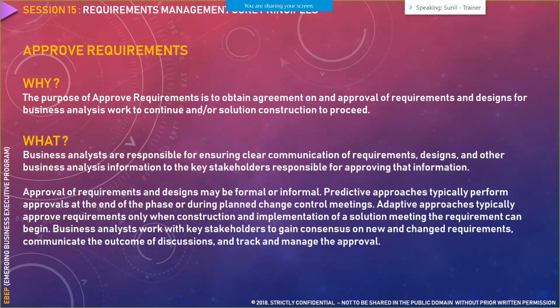And based on that, if the business stakeholders are convinced, they give us the sign off via any mode of communication. It could be via email, it could be via your requirements management tool, or it could be via a SharePoint repository. Depending on the tools available in that particular project, we get a sign off. So a predictive approach has a more formal process of approval than an adaptive process. So predictive is your waterfall and adaptive is your agile process.